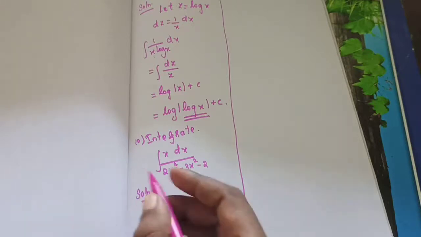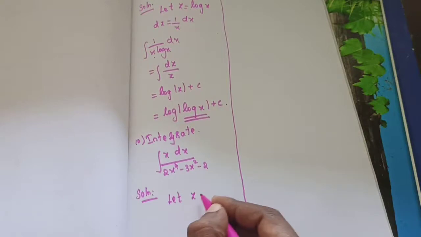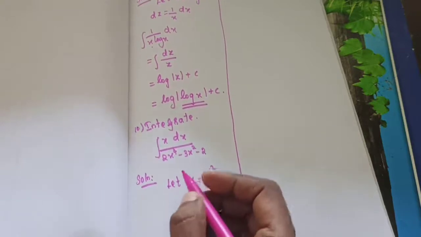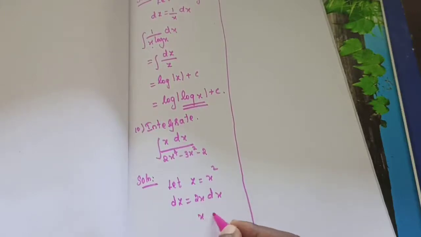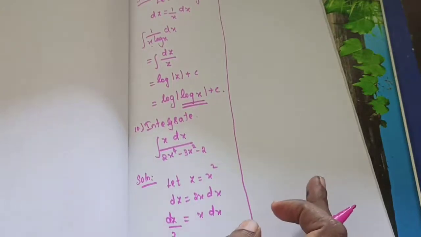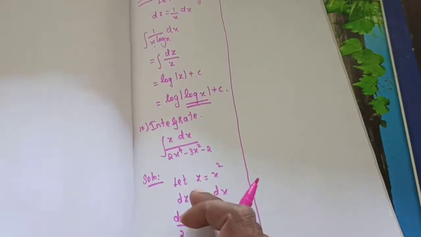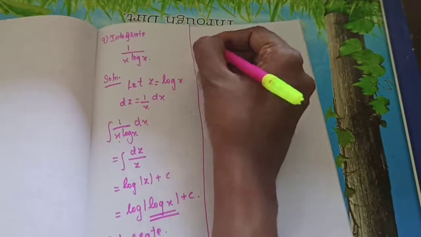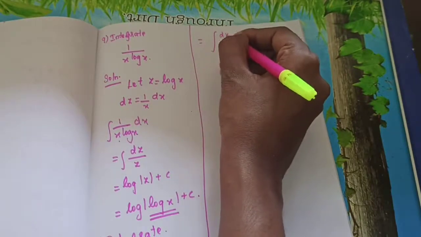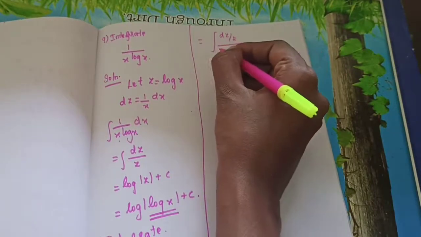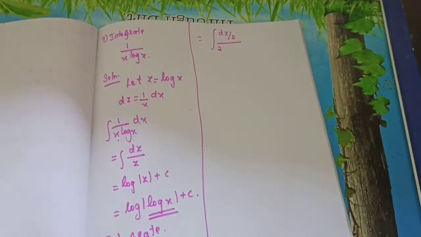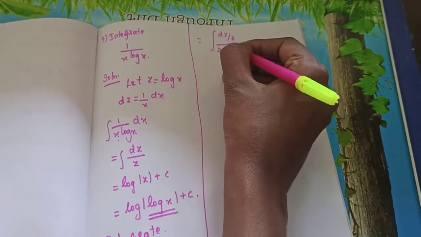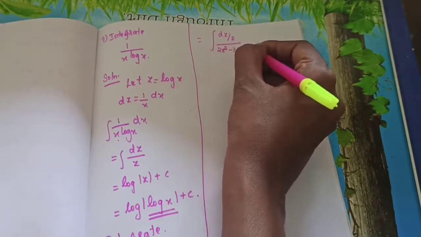Have you got it? Because of that I am considering z equal to x square. So dz is equal to 2x dx. From that, the x dx value is dz by 2. Got it? For substituting, it will be easy for you. So shall we substitute? That's equal to the integral of, in the numerator place, dz by 2, into x power 4, and since x square is z, that becomes z square. 2z square minus 3z minus 2.